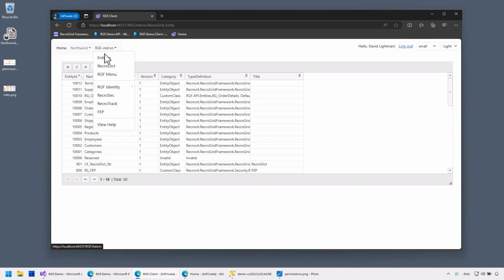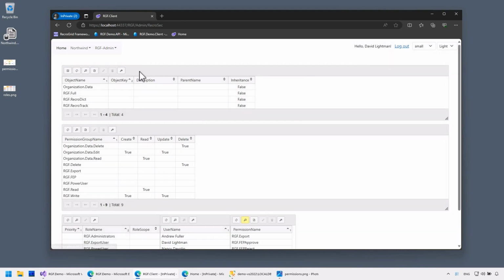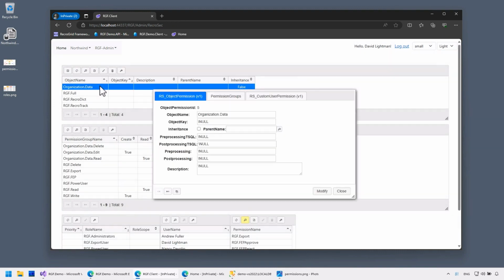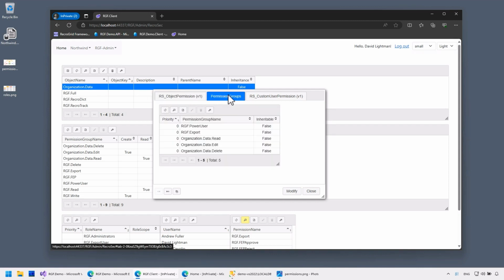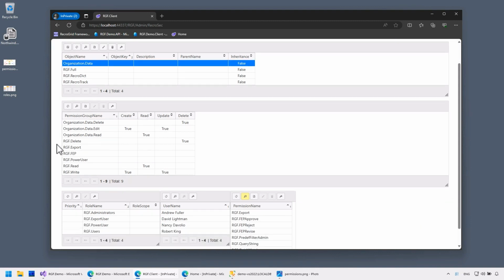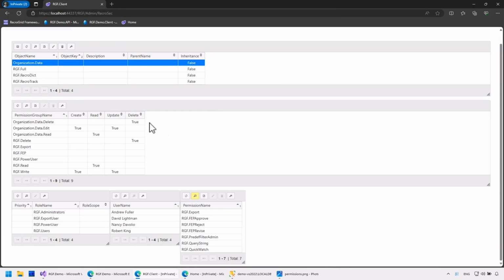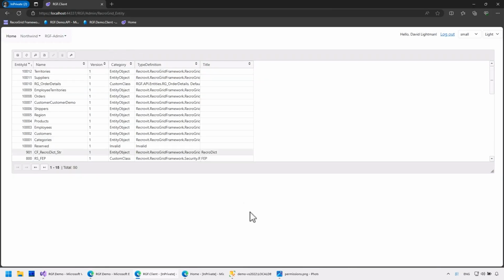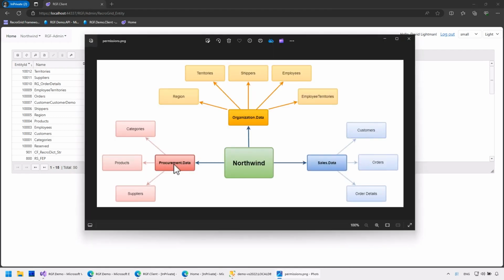Now let's go back to the Recrosic page and see what happened. It generated permission groups for us and associated them with object permissions, and of course, with the entities. These are the permissions. I'll do the same with the others. Categories, product, and suppliers go into procurement data.